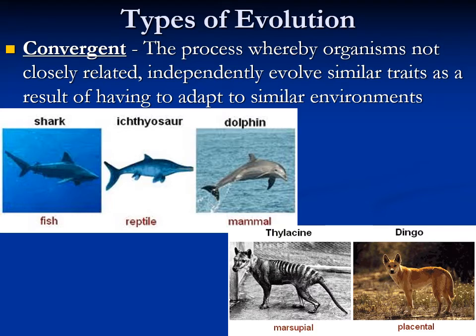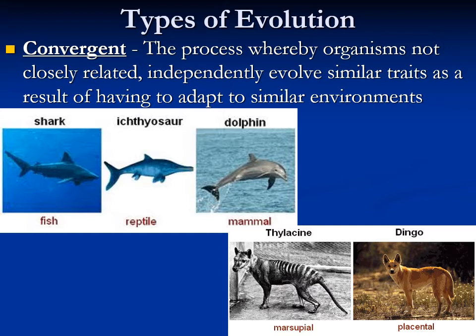So the opposite of divergent evolution is convergent. So that means to come together. Convergent evolution is when organisms are not closely related at all, but they look similar because they're living in similar environments. So they're adapting in similar ways. So earlier we talked about the Tasmanian wolf, who is a marsupial, right? And he looks like a dog-like organism, but it's a marsupial. And then we have a placental, which is a dingo, which is related to dogs, right? And so these guys look very similar because they're in similar habitats, hunting same kinds of food, but not closely